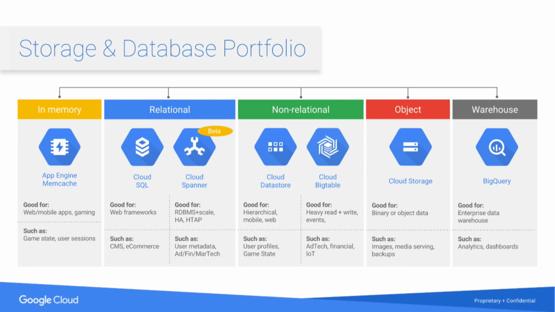Not all of your data could potentially be relational. So if you want to use a NoSQL database for your document-oriented style data, or perhaps you're looking at a wide column key value store for your analytical workloads, you could potentially look at other offerings within the NoSQL space that let you have that horizontal scale, but don't provide you perhaps with that strong consistency guarantee, because you don't need it. And in that case, you might use Cloud Datastore, which is a document-oriented database to power your web application, for instance. Or you might look at Cloud Bigtable, which you might use to perform high throughput reads and writes against a wide column database